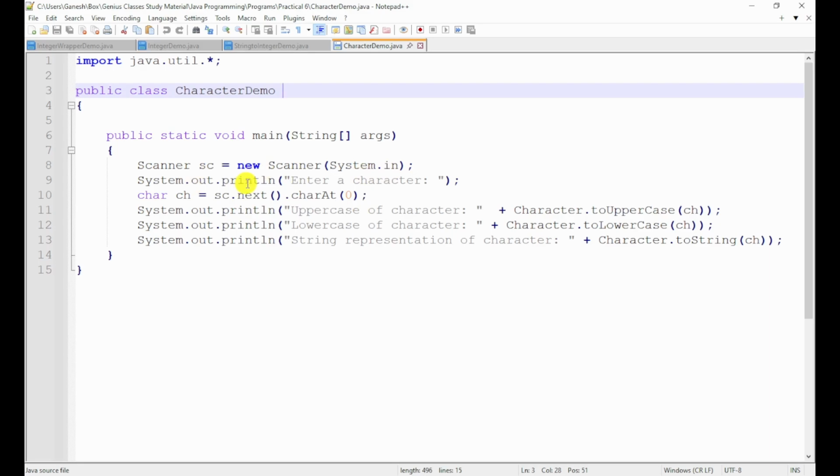Then I am typing a simple message, "Enter a character." So this is the message that will be displayed on our output screen, and it will tell the user that we have to press any character. Then I am creating a character variable as char ch is equal to